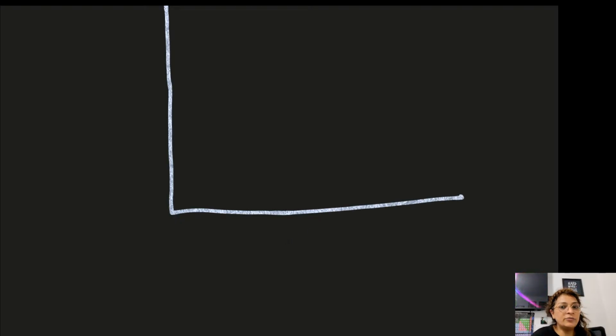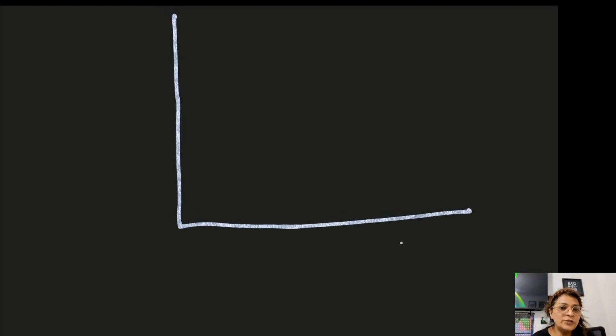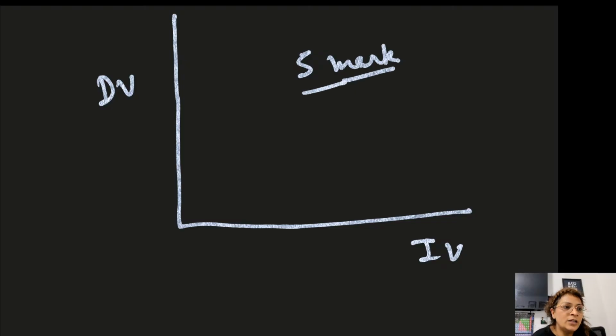Yeah, very good. If they ask you to draw a graph, let's say rate of reaction, which variable comes on the x-axis? Independent or dependent? Type in the chat again. Which variable comes on the x-axis? Independent or dependent? Yeah, here comes the independent variable, what you change. Okay, and here comes the dependent variable. Okay, if they ask you a 5-mark question on drawing a graph,